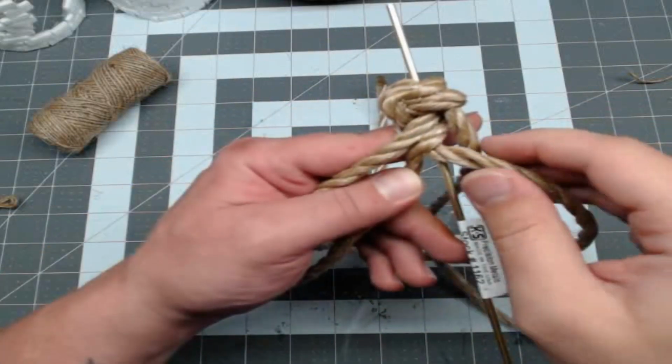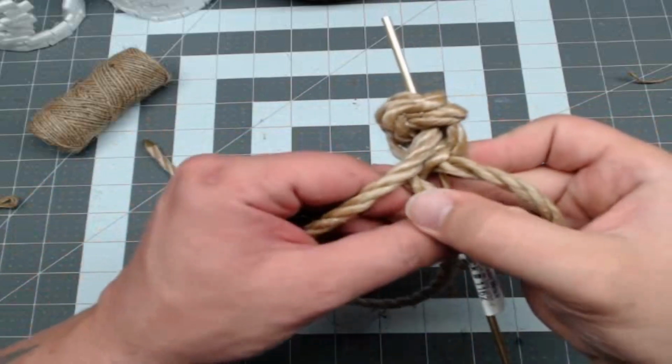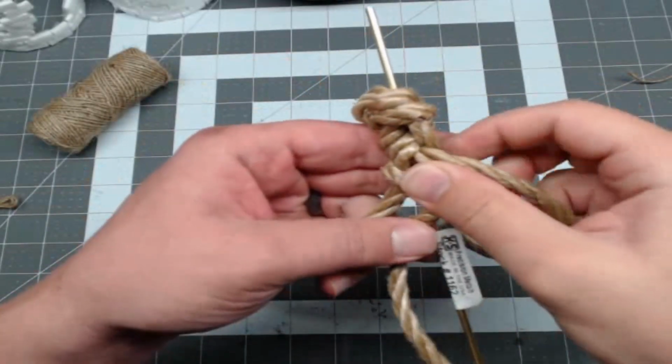Same thing with the right side. Go underneath the 2 strings and the rod, come back over the leftmost string so that your active one and the rightmost are now your right strings. It is a little tricky to get the hang of initially, but once you get it down, you can just